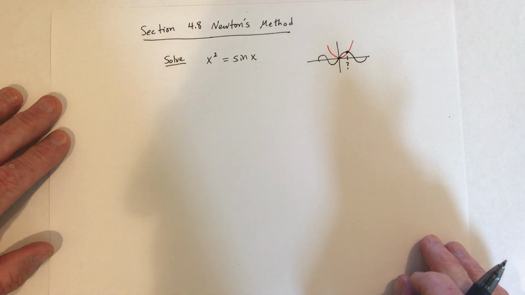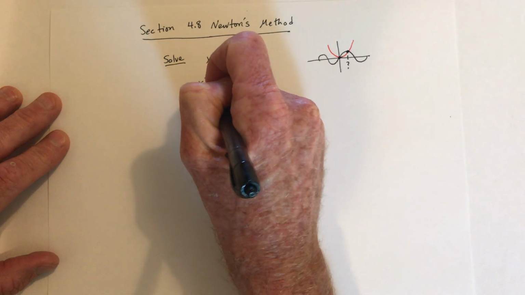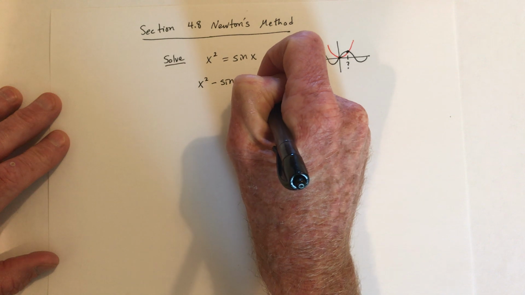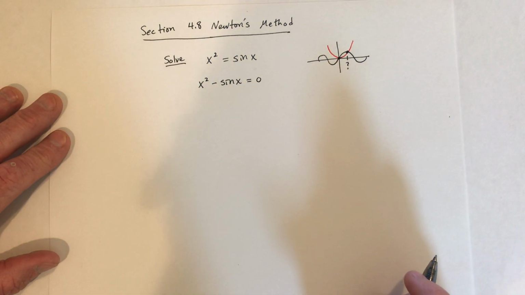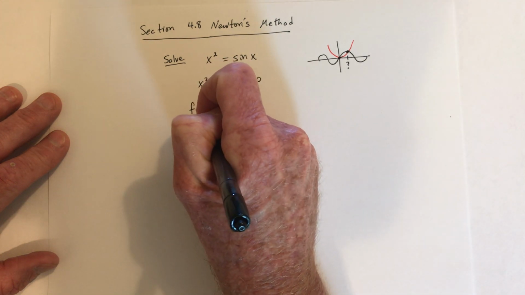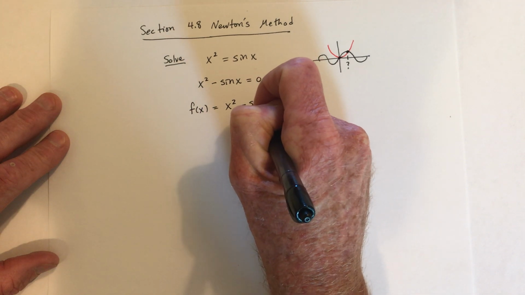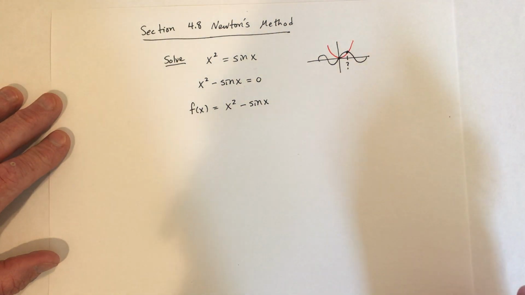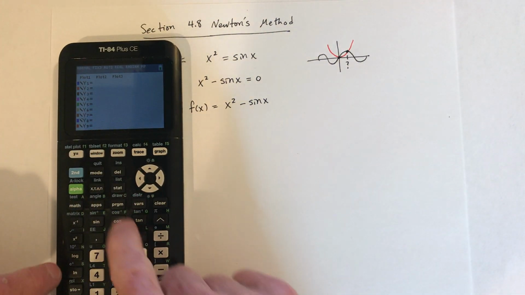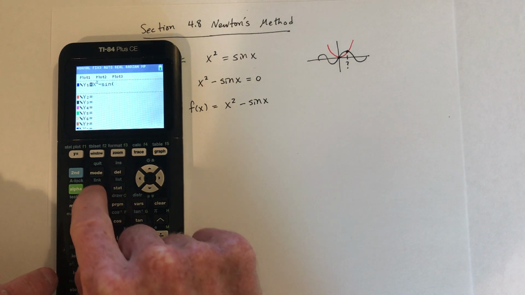Where is that solution? Well, the first thing you do is set it equal to 0. So you can subtract whichever function you want as long as they're both on the same side and it's set equal to 0. Then call that the function f of x. Now, take a look at that function. If you graph x squared minus sine of x,